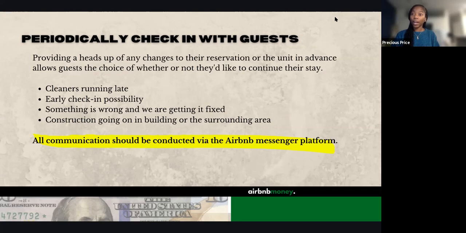If you get there and now you don't have that view because maybe it's something out of the host's control, to where there is construction going on right in front of their window. That is an expectation that you had. You told them that you have city views, and now they don't have that anymore. That is something that you absolutely want to let them know before they get there, so that you can manage that, right? And even furthermore, letting them know in an actual message, in a written message, saying, hey, we just